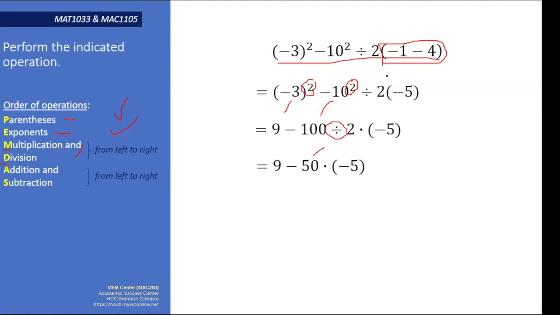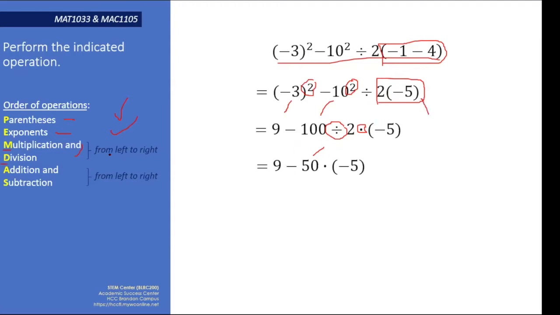Oh, and a quick note, when we have a number next to a number inside of grouping symbols, such as here, it's implied that we are multiplying those two numbers. So that's where this multiplication sign came from. So keep that in mind when you've got a complex problem, that you can rewrite this kind of expression as